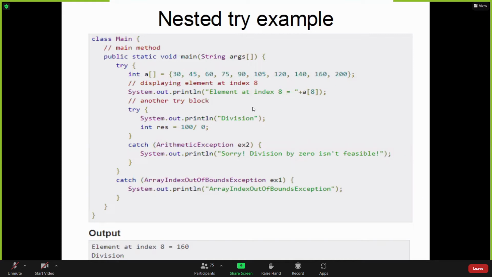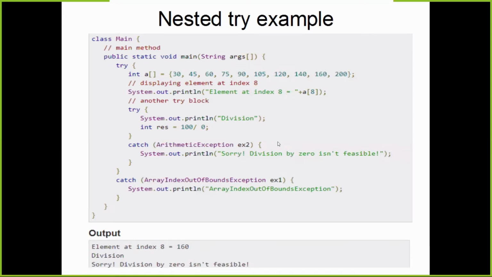System.out.println and A of 8. Then in the same try block, we have created another try. So it is where we are printing division, and we have a variable res is equal to